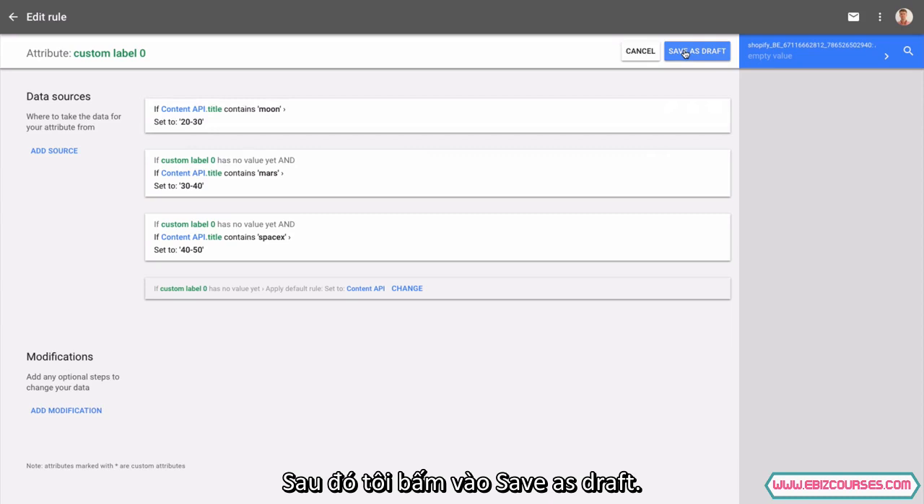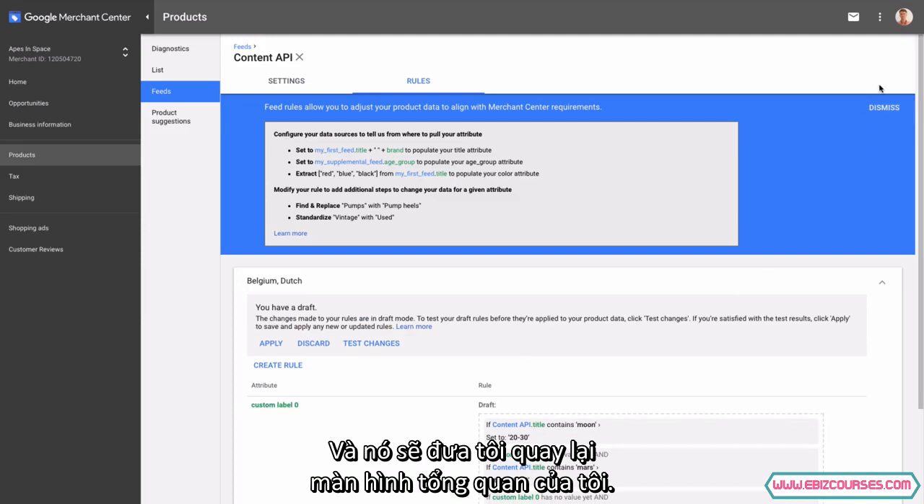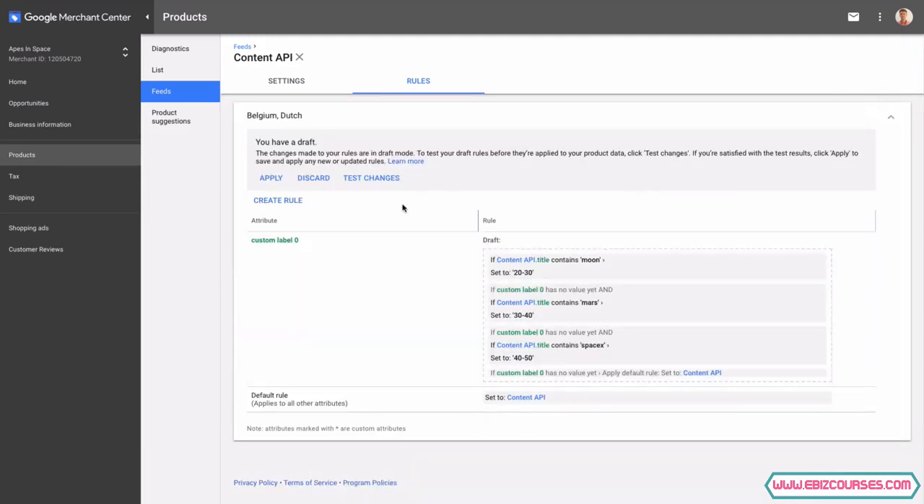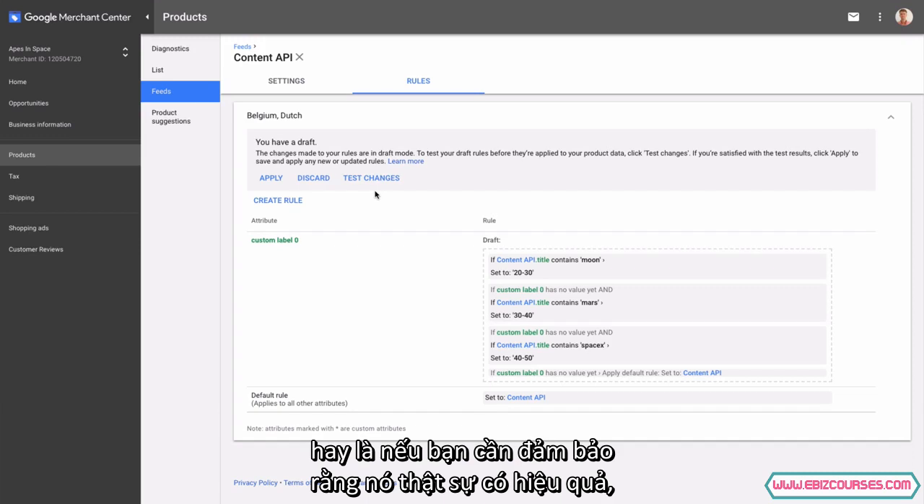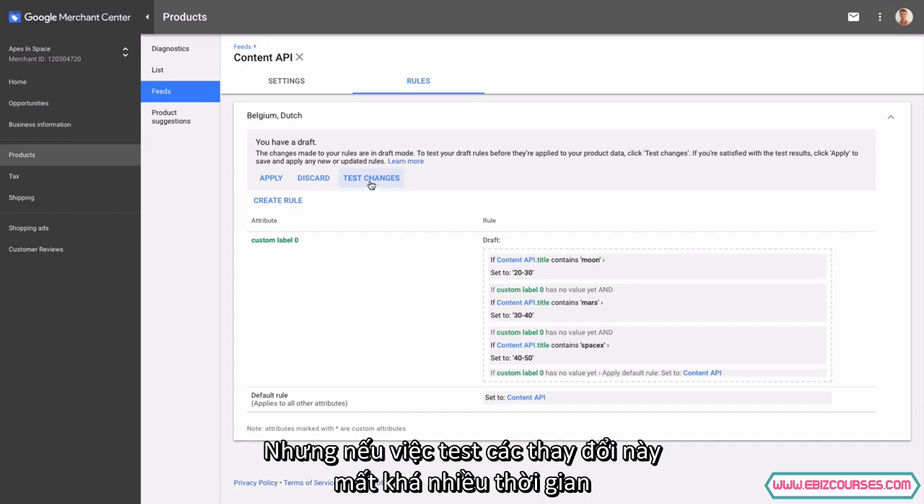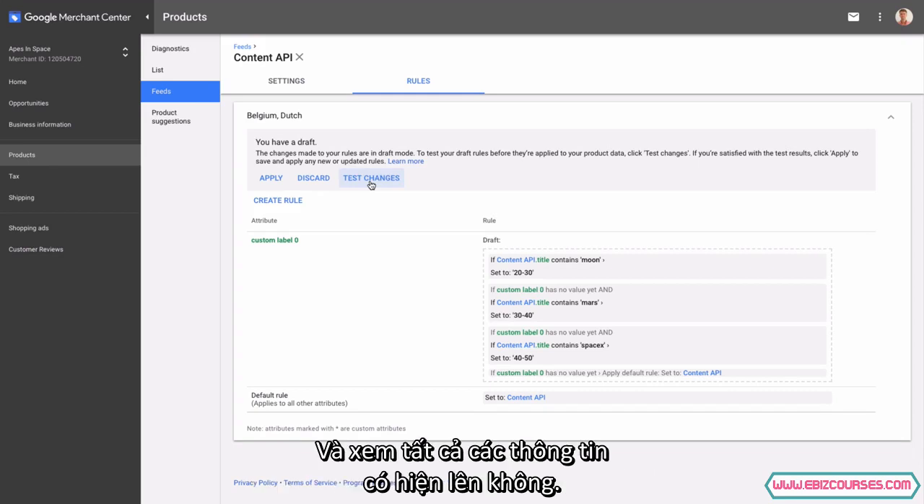Then I'm just gonna hit save as draft, and this will take me back to my overview screen. And then here you can see this is the default rule and this is the custom label. Now I can apply it, and then it will apply it to my product feed, or I can test the changes. So before you make any of these changes, especially if it will have a big impact, you want to be sure that it's actually working. So you test changes. But if you hit test changes, it takes a long time. So if you're gonna add multiple values, it's better to do these at once and then see if all the